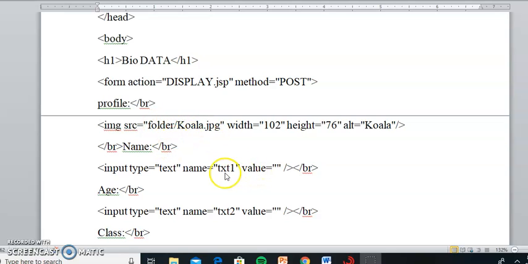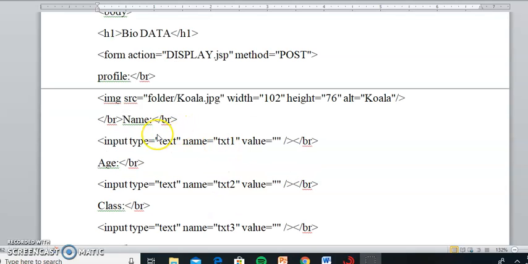All the HTML tags we are using here are for designing purposes. In HTML, to insert an image, you use img src equal to the image location. A biodata means there will be a photo. So if you want to insert an image, you can use src equal to the location, and then the width and height of that photo you have to specify, and then your name. In a biodata you specify your name.